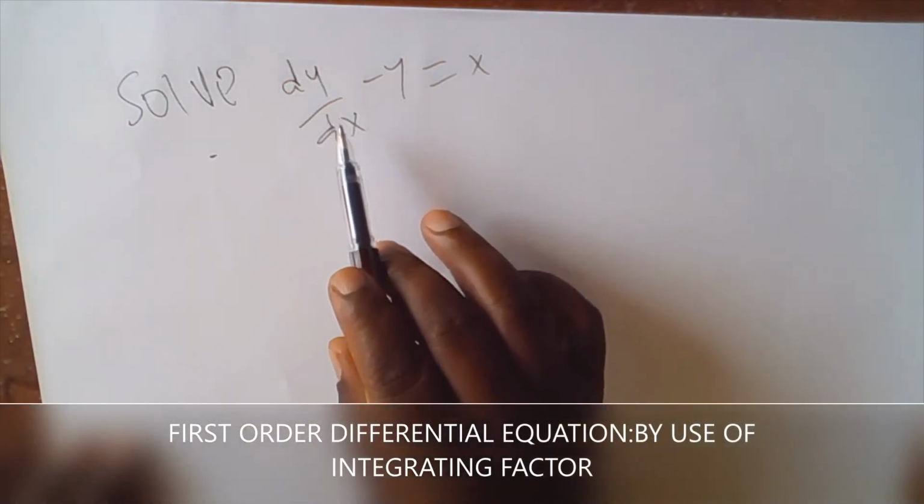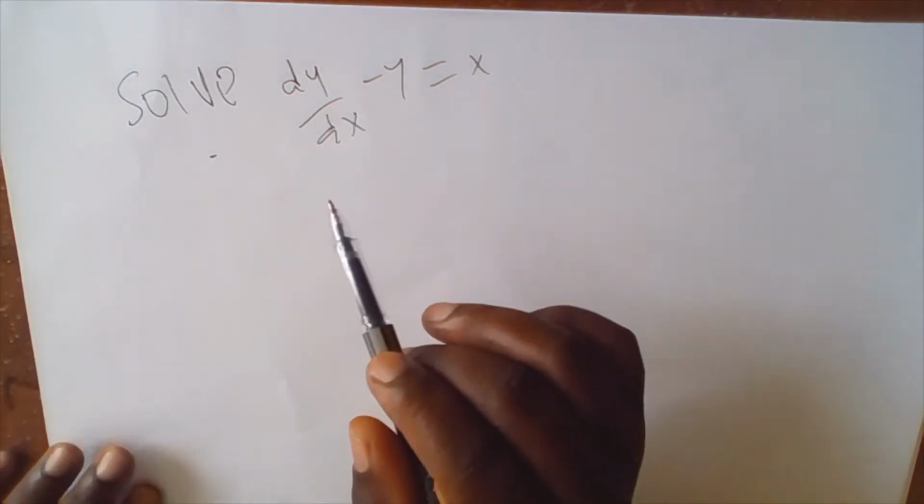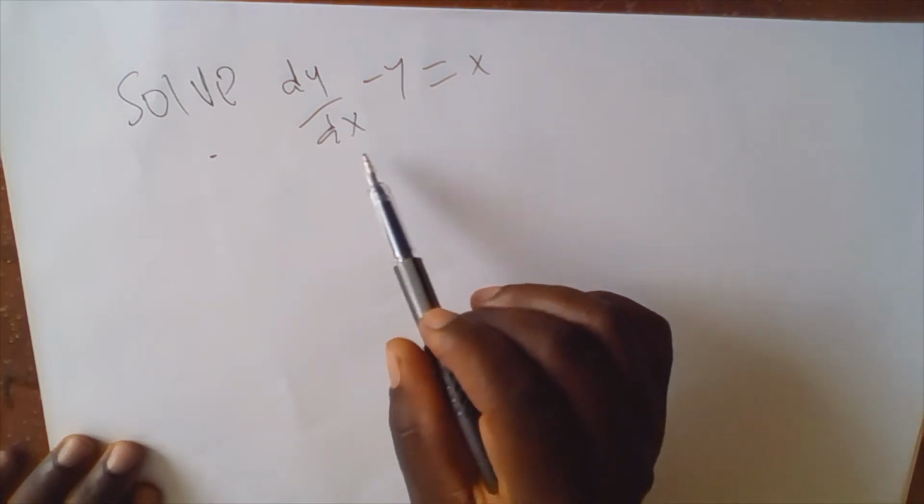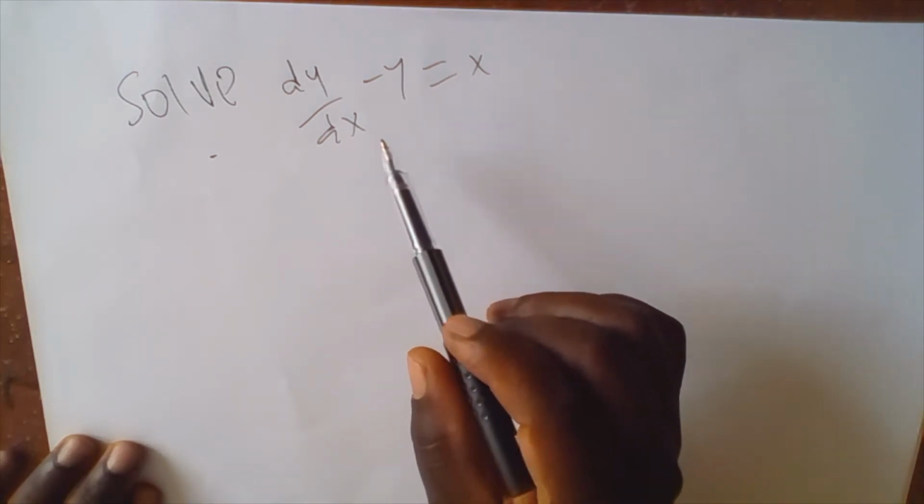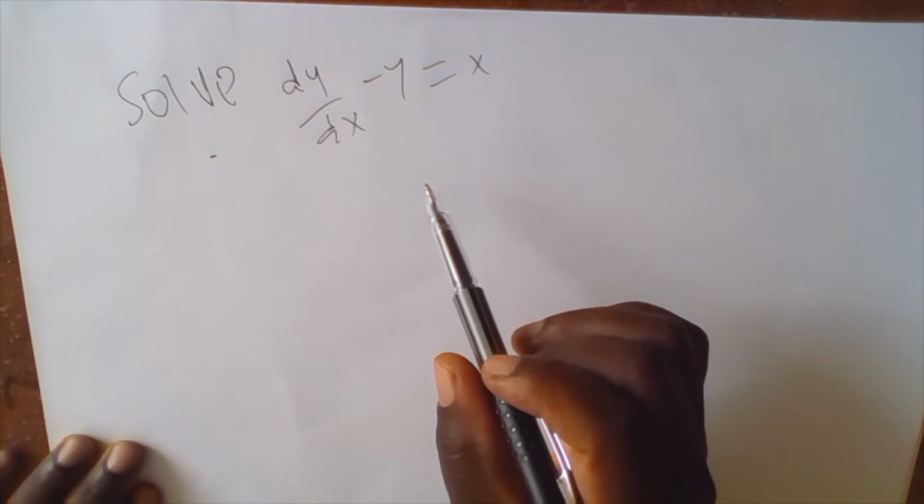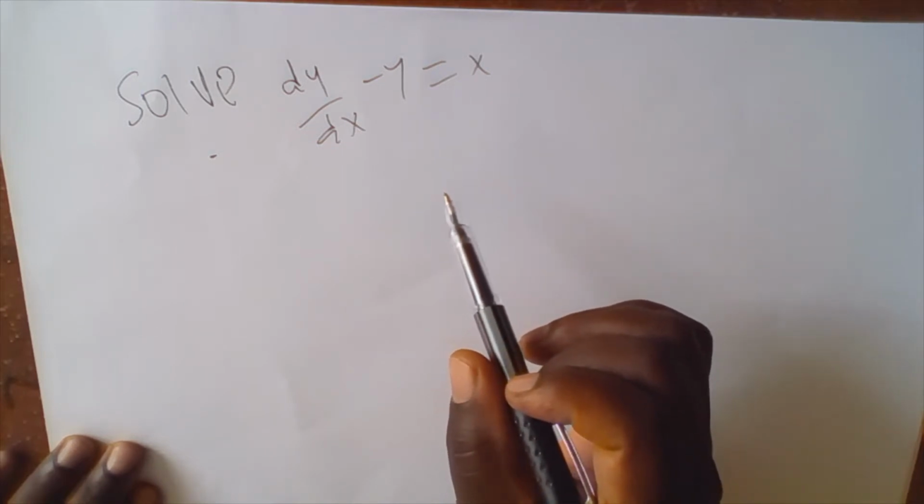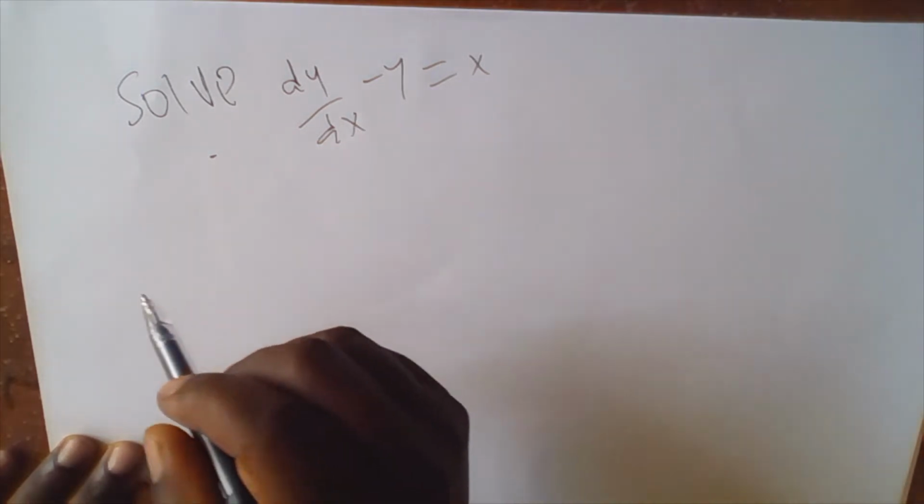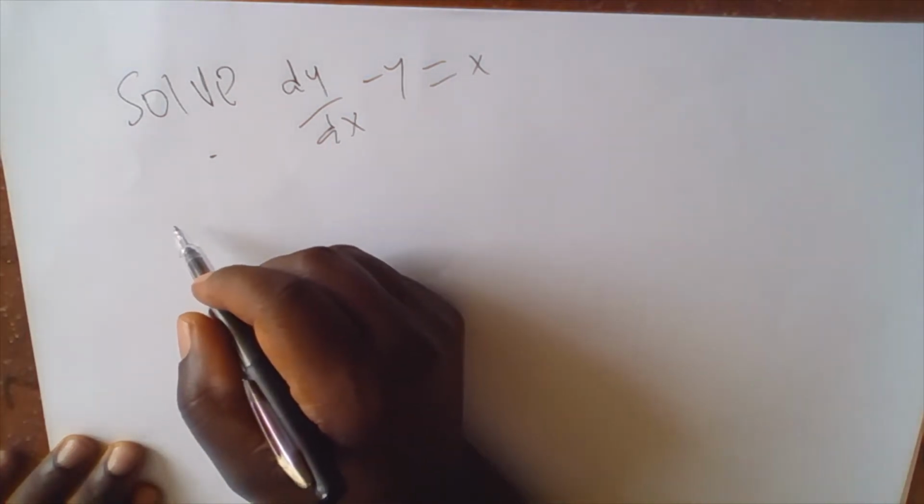So solve dy/dx minus y equals x. Now this is one of the linear equations that require to be solved by use of an integrating factor. The linear equations are of this form: